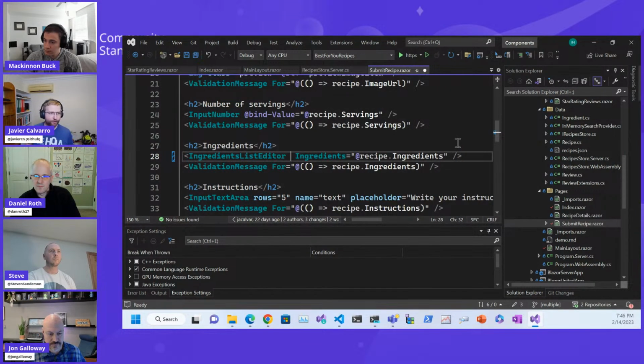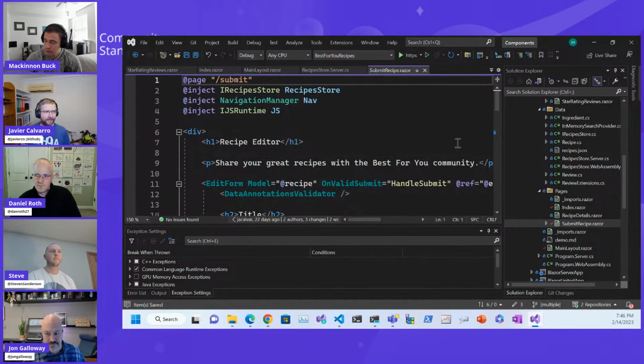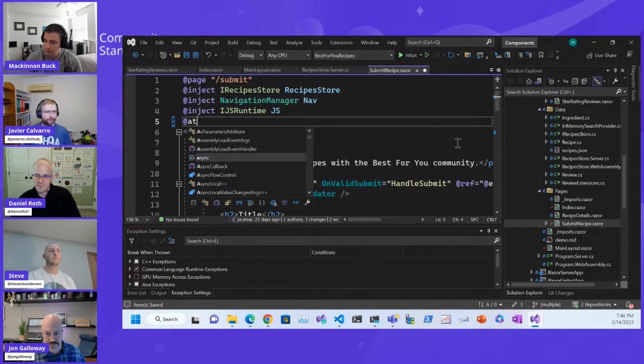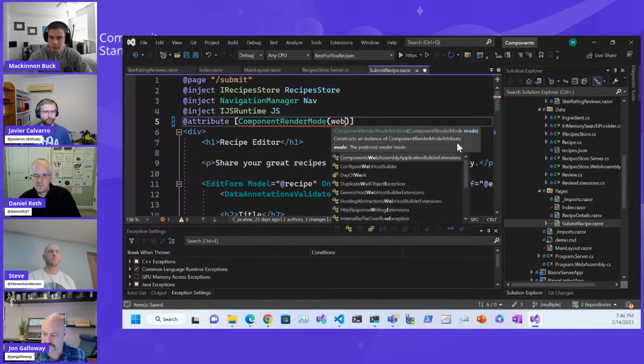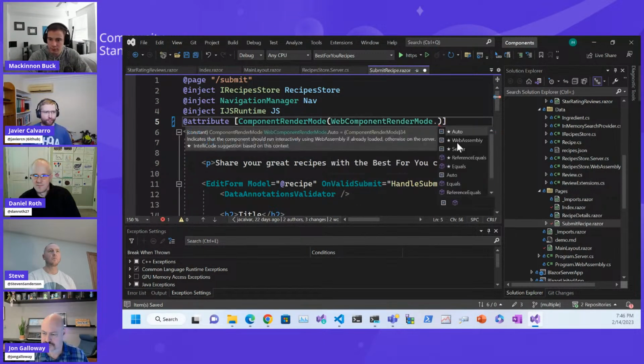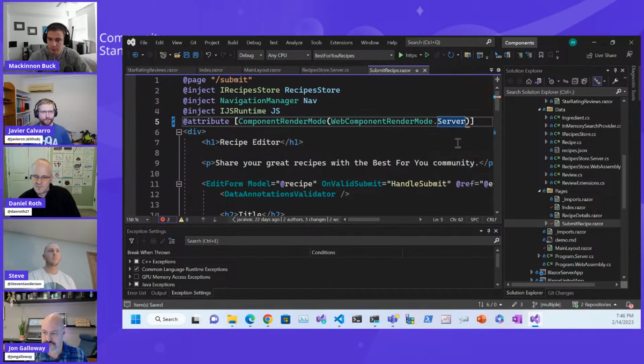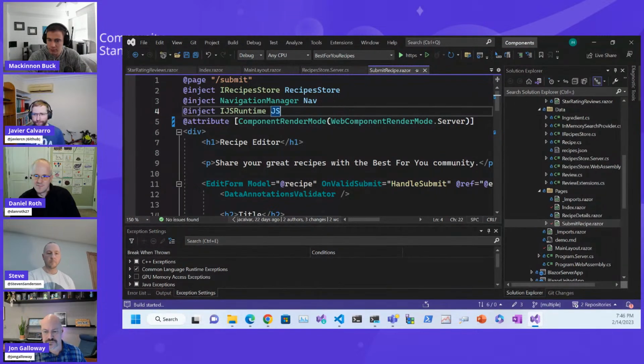Since this is now going to be a server component, we can use bind to bind the ingredients. And here we can add an attribute, component render mode, and we do web component render mode server. So with that, when I run the app,